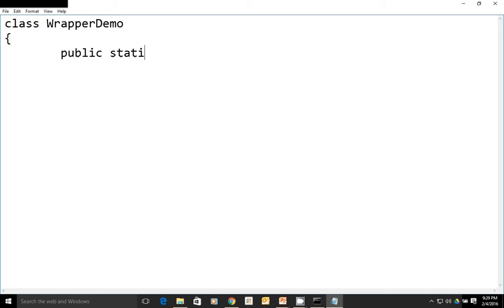public static void main(String args[]). Within this, I am creating a variable, int x = 20.